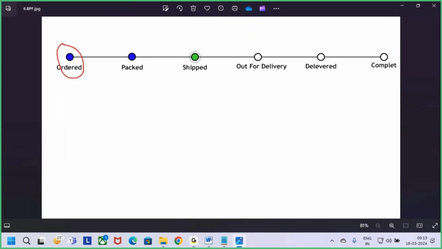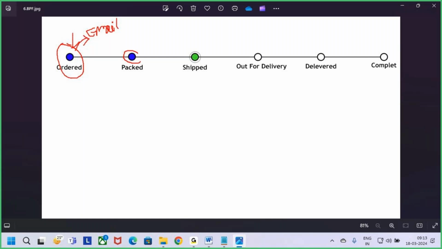So where will the workflow start? The workflow will start from placing the order. Who will place the order? The customer will place the order. Whenever the customer places the order, what does Amazon need to do? Amazon needs to send an email to that customer. Now, once the email is sent after placing the order, next,